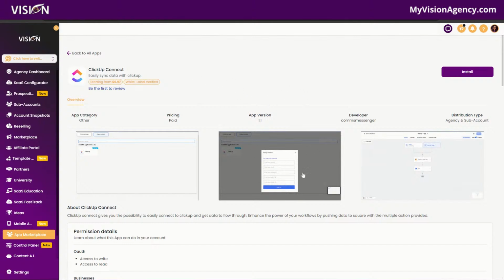What's really cool too is this would be white labeled, right? So inside of your agency, they'll be able to see those ClickUp automations because, of course, you want them to know it's ClickUp because that's what they're connecting to. But you, the agency, it's not going to say another third-party tool. It's just going to look like you are the agency and you have these special add-ons that make,